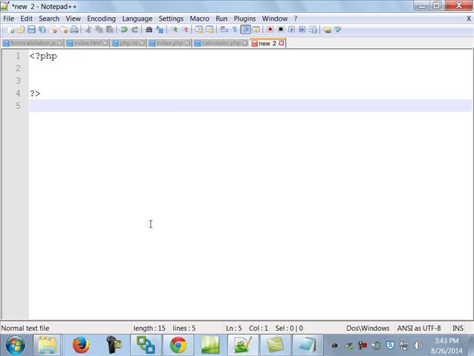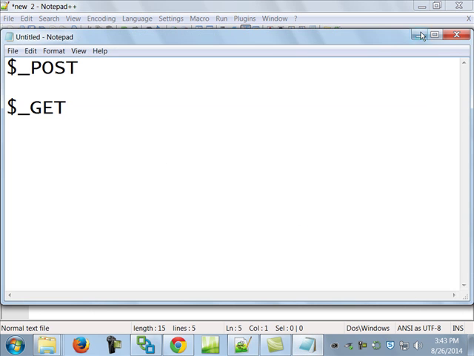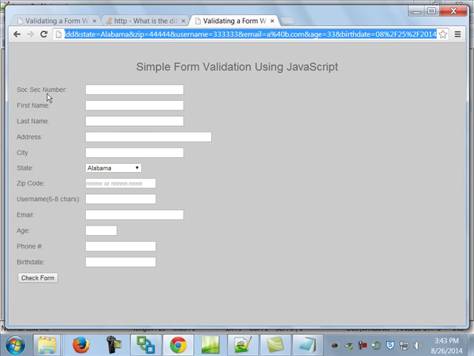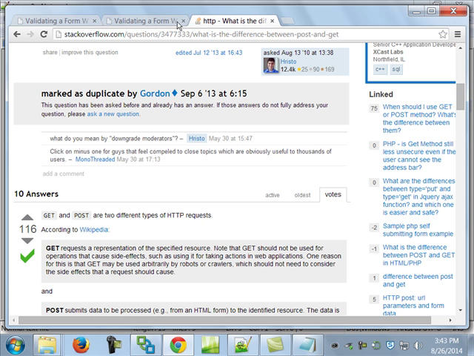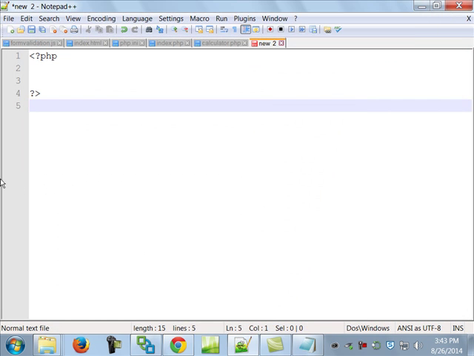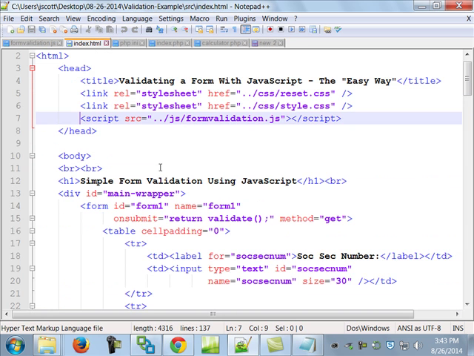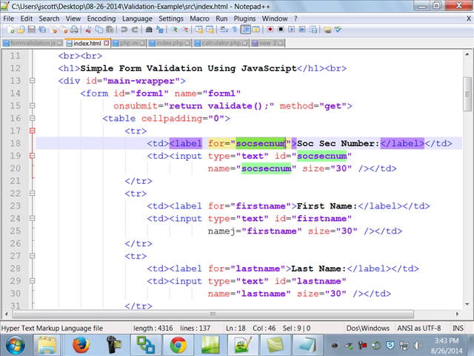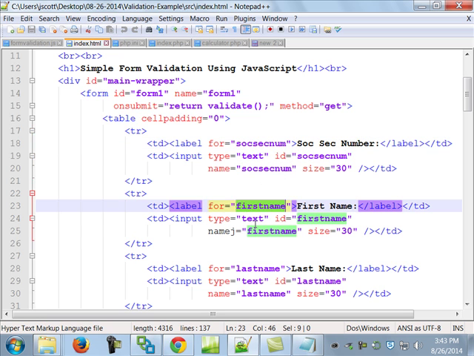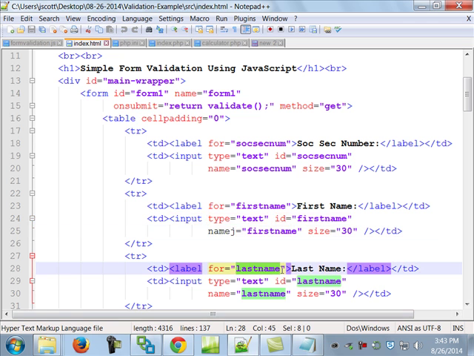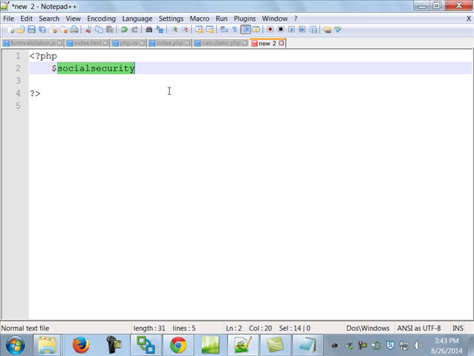And what we'll do is, if you remember all the different stuff that's in here, we've got social security number, first name, last name, address, etc. So as we do this, we'll start up and say something like this, $, social security, and actually I can grab them all right from here. Notice here we called it sosecnum. I'm going to use the same names in our PHP program that we use in our HTML file. So since we used sosecnum in there,